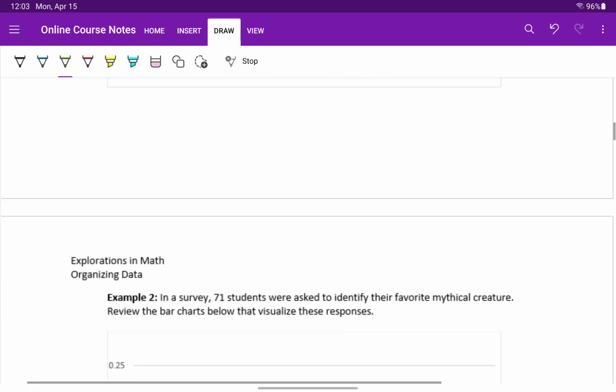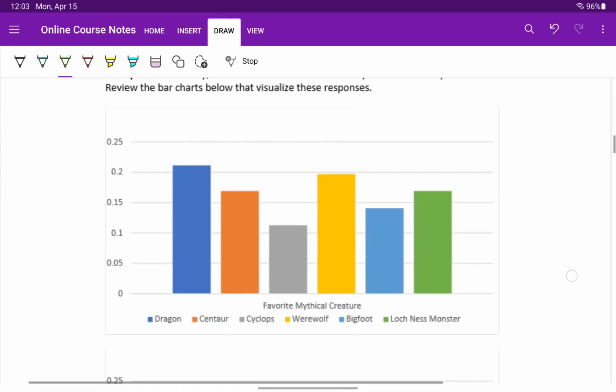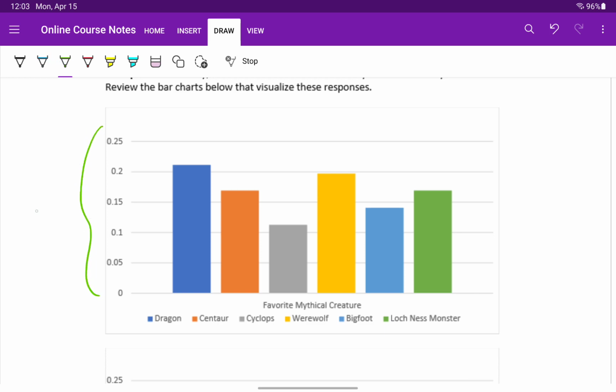We can also take that same information, those same results, and rather than put them in a bar chart that shows us the frequency with the height, shows us the proportion with which each response occurred. So looking at this image, this looks exactly the same as the first bar chart that we considered, but the values marking the heights have changed,